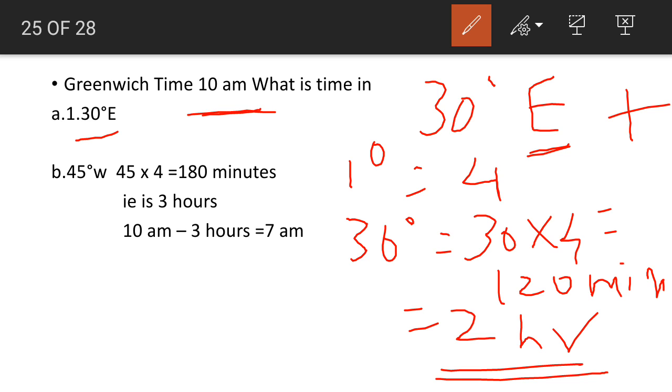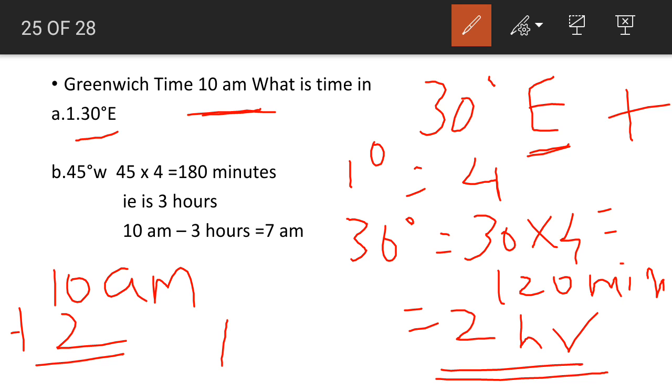What time have they given in Greenwich? 10 a.m. So you add 2 to this. 10 plus 2 means you will get 12. Would you say 12 is AM or PM? Sure, it is PM. So the answer is 12 PM. Like this, you calculate all the problems. We have a few problems for this. So if you know the latitude and longitude of a particular place and the Greenwich timing, we can calculate the timing for all the countries.